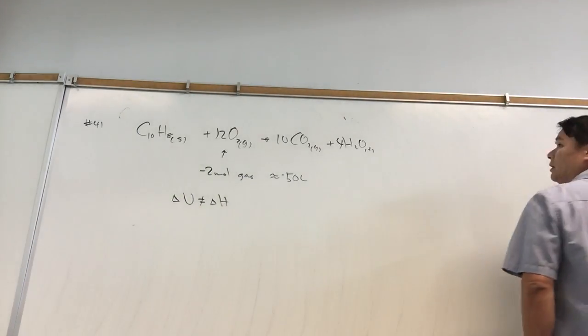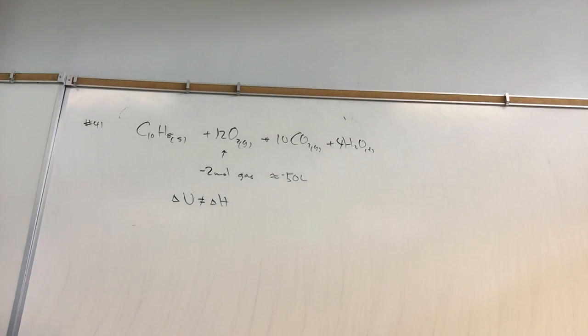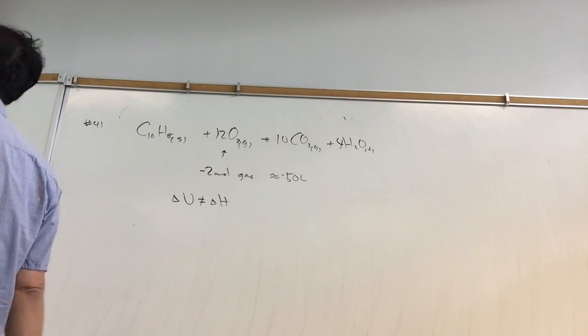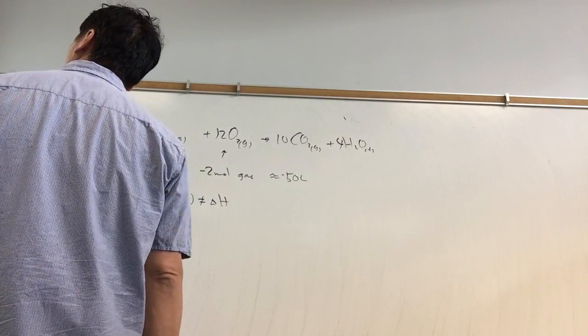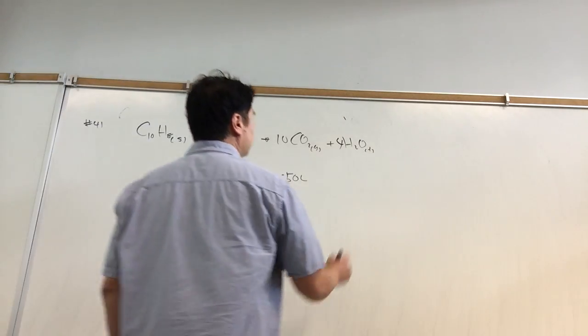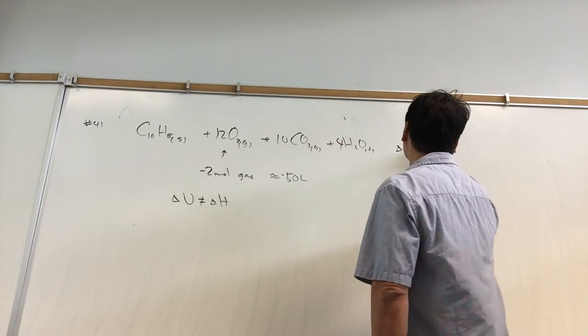And so what are they asking for, however? They're asking for, what is the heat capacity of the bomb calorimeter? The heat of combustion. They give us the heat of combustion is minus 5156 kilojoules per mole. So we're going to do a little bit different approach to this problem. And so we see that the delta H for this particular reaction is minus 5156